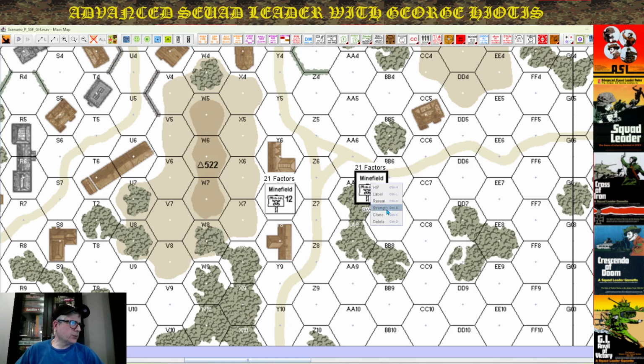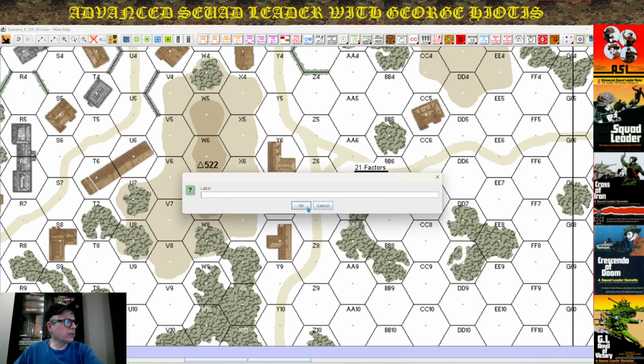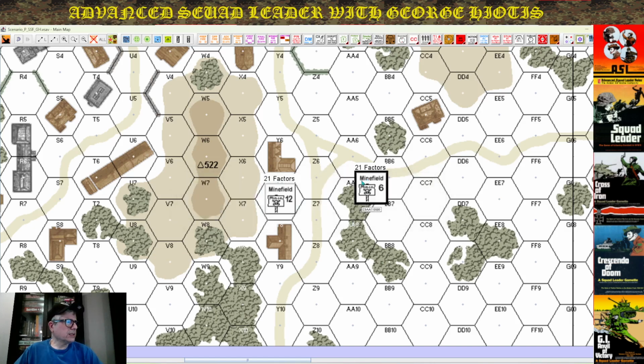All right, so I got a six-factor mine. I'm going to get rid of the label. This is just a part of the SSR. Okay, and put this guy back in the kit. Not that I'm going to save it, but